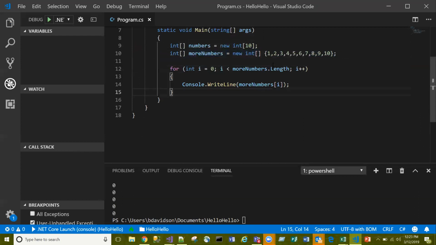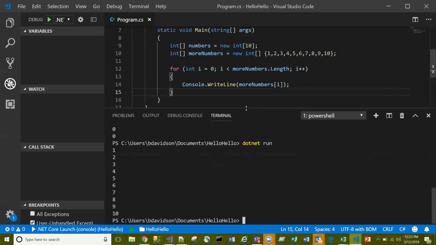So the question was, what will be printed out here when I go through more numbers? The answer is numbers 1 through 10, okay? That's because I explicitly said, or implicitly, I implied that I want this array to be of size 10 when I provided it a list of 10 numbers. I just took it a step further and also said, put these 10 numbers inside of the array in this order,